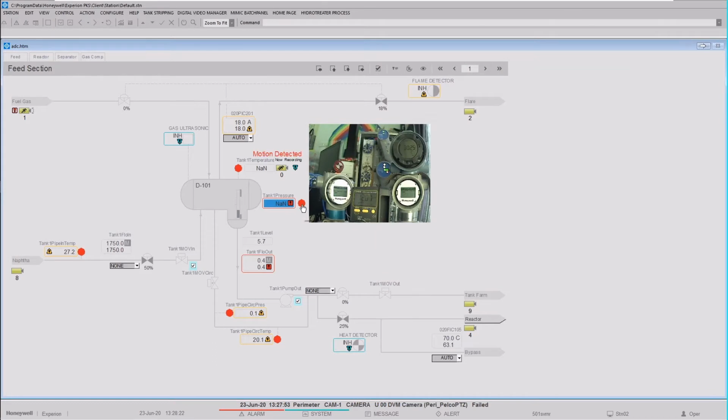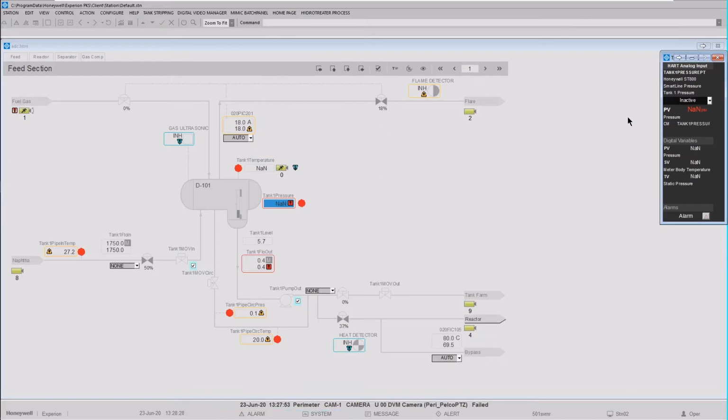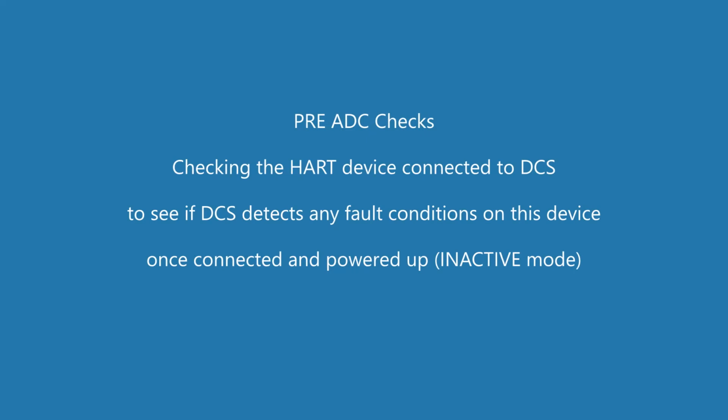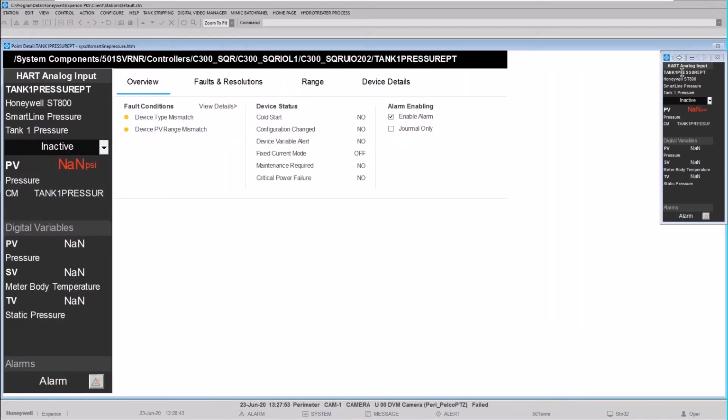We can check on the HMI this transmitter, which is connected to the Honeywell DCS, and from here you can see that the DCS tag name is tank 1 pressure PT. If we double click on the transmitter detail display, now we can see that as soon as the transmitter is